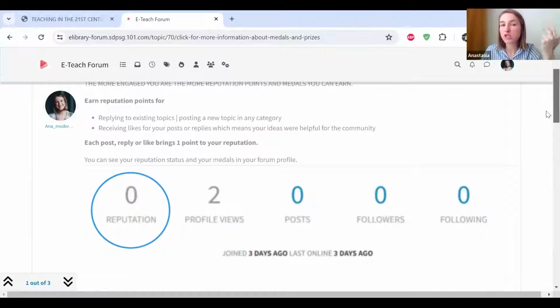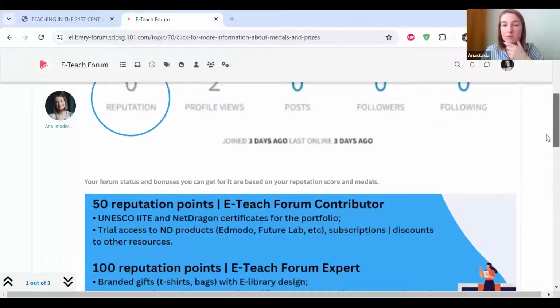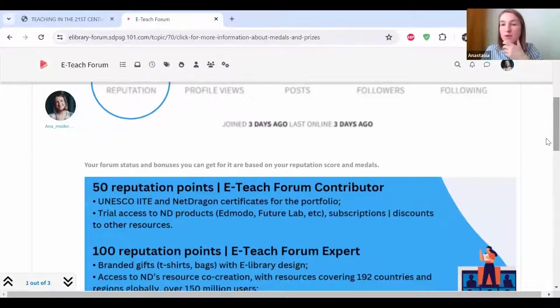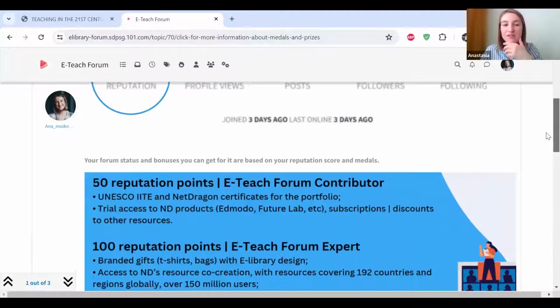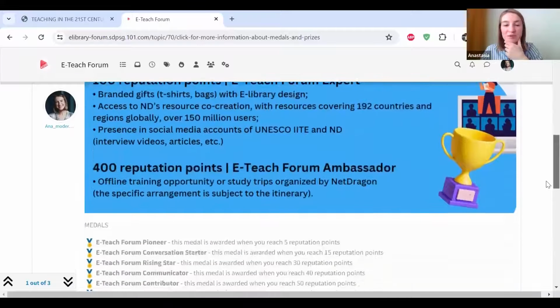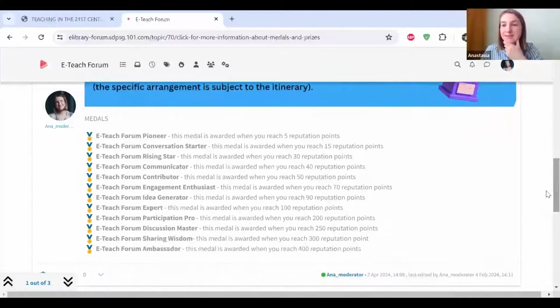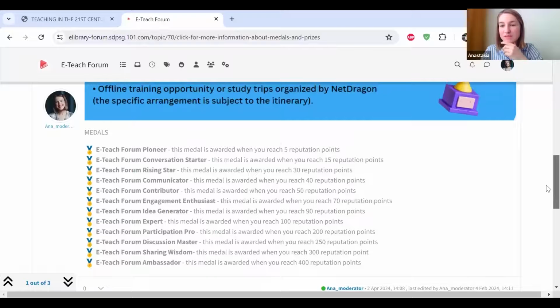Each post, each like or each reply brings you 1 point to your reputation. And you collect your points, your reputation increases, and you are getting your medals. We have the whole system of medals. You may see you can grow from the eTeach Forum Pioneer to eTeach Forum Ambassador, and each forum status